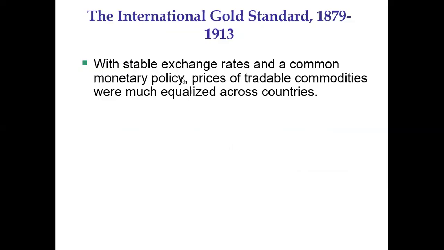In this golden period, we find there were stable exchange rates and common monetary policies because every country's currency was supported by gold. So how much gold I have and how much currency I can issue decided my exchange rate. So powerful countries had powerful exchange rates. The underdeveloped or developing countries had lower exchange rates. So gold commodity based exchange rates were prevailing before the First World War, which started in 1914.